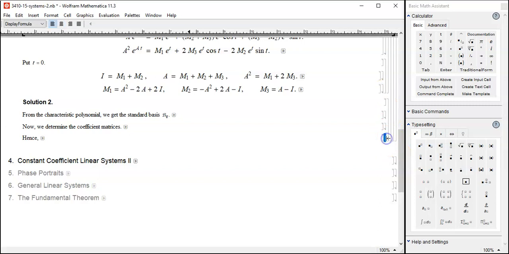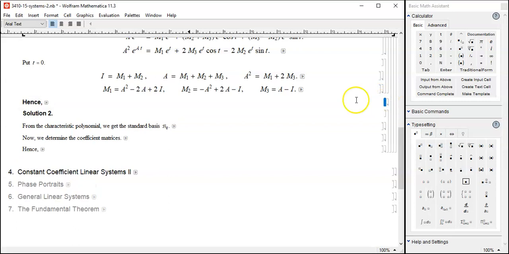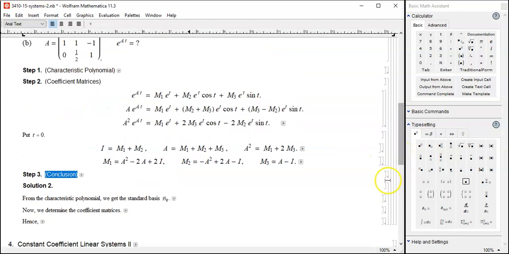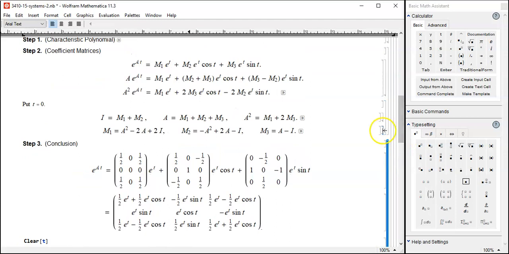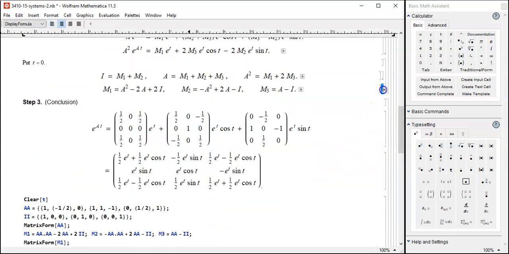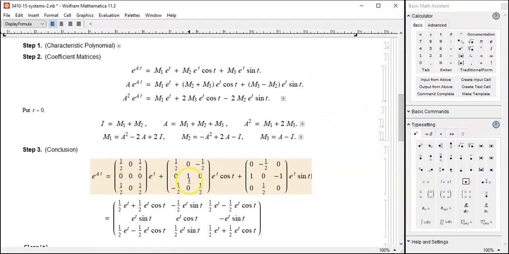So the conclusion. Okay, let's go to the conclusion now. We calculated all those, so put those in, and then there you go. M1, M2, M3, actually,